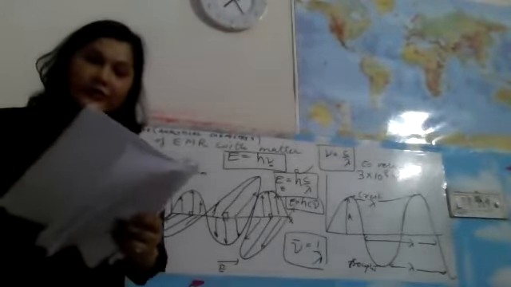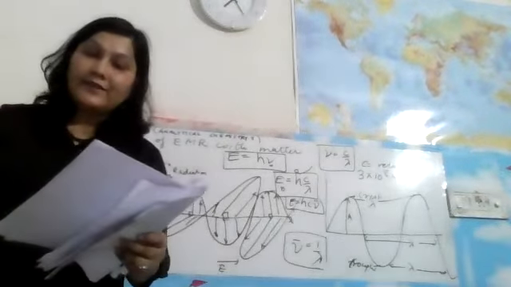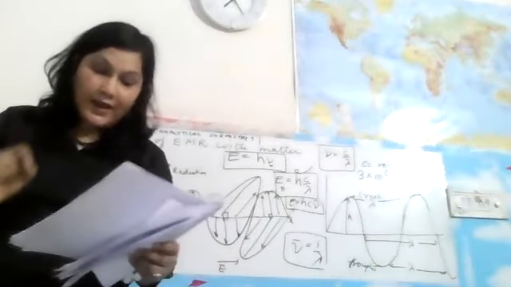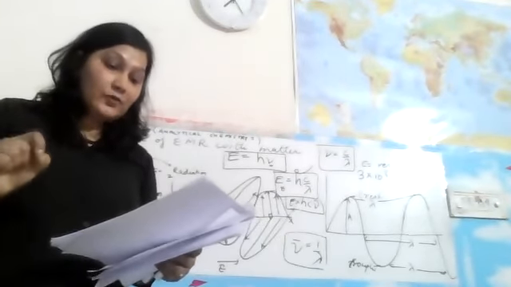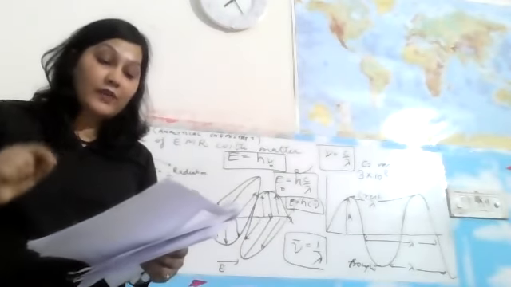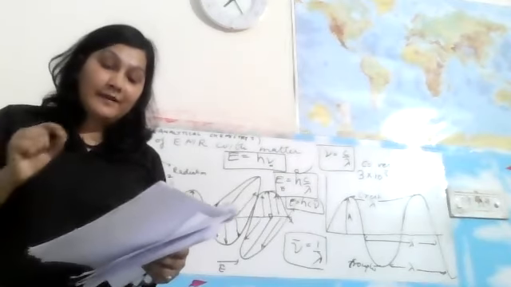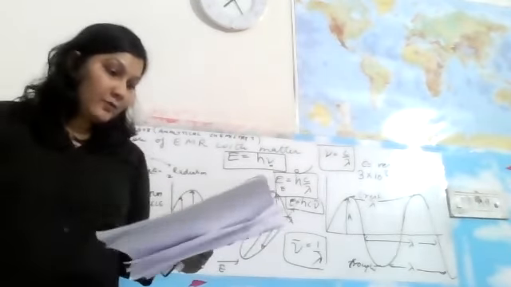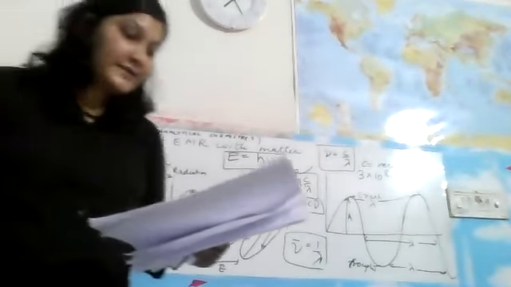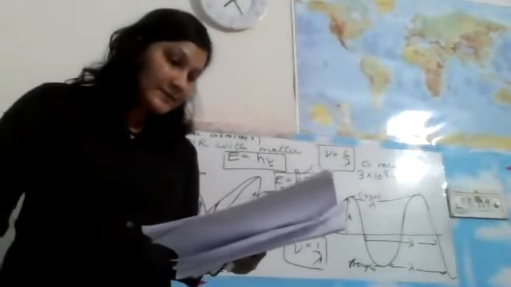Write down the question. A microwave radiation has a frequency of 12 gigahertz. The frequency of a radiation has been given and the value is 12 gigahertz. And you have to answer what would be the energy of a photon corresponding to this radiation. You have to calculate the E for this radiation. Frequency has been given in gigahertz. So this is your first problem, and the second part of this problem is to calculate the wavelength of the radiation.